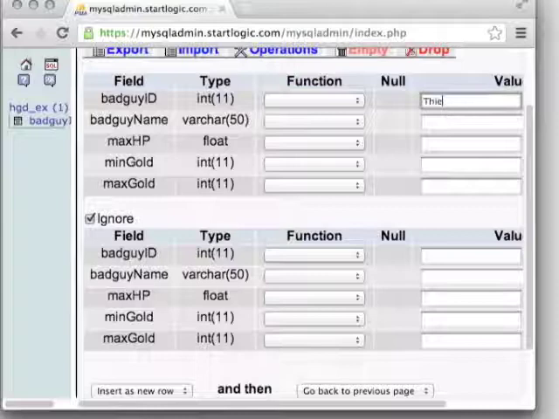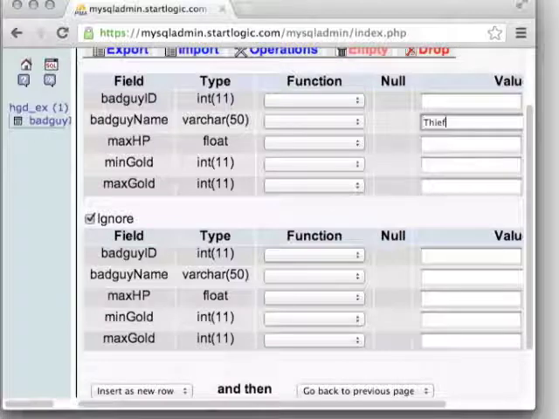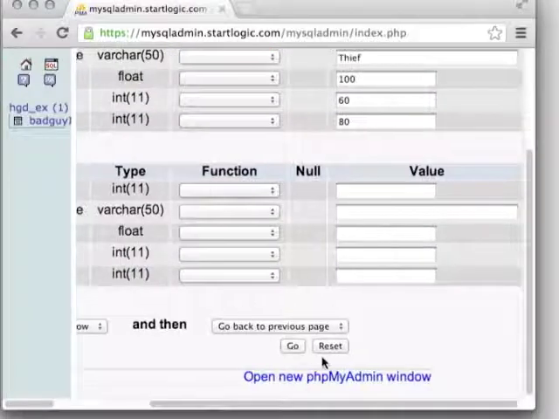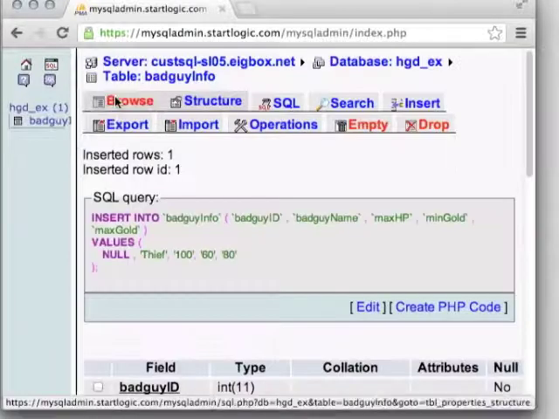We could ignore one, let's ignore one the first time, and just type in some values for this. So we can leave blank that auto-incrementing enemy ID. It's just going to fill that in based on whatever the next one available is. And we're going to put in for the name, let's say thief. Maximum hit points 100, and min gold, max gold, let's say 60 to 80, just as some numbers. We'll submit, and you'll see now when we go to browse, we have our thief data